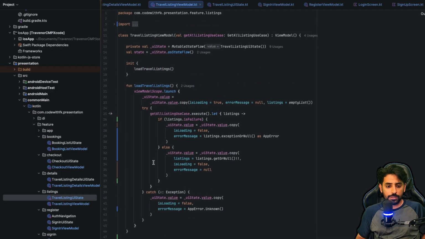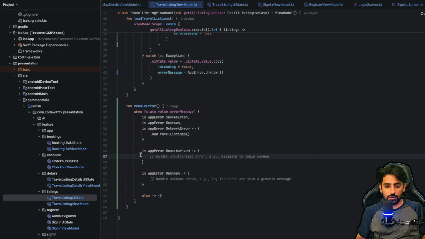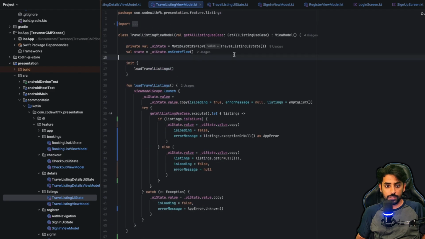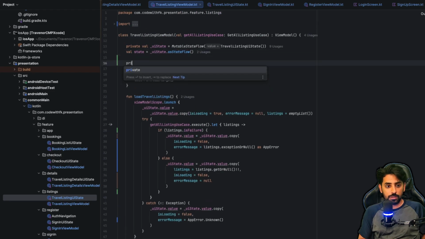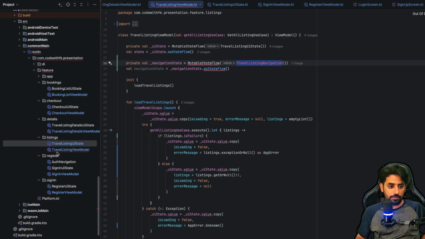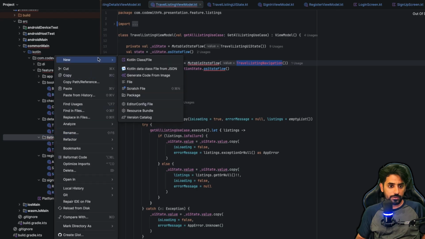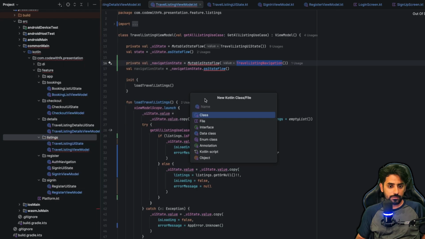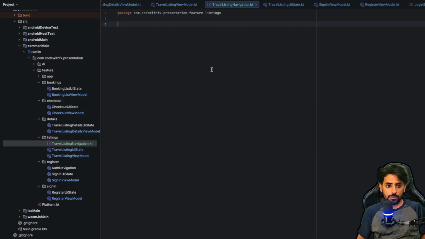How are we handling the navigation here? We're not using any sort of navigation, so we need to basically create that shared flow for this. So now you can say private wall underscore navigation for this, and we define the travel listing navigation state here, like this. Okay. And let's create a file here, create wall,